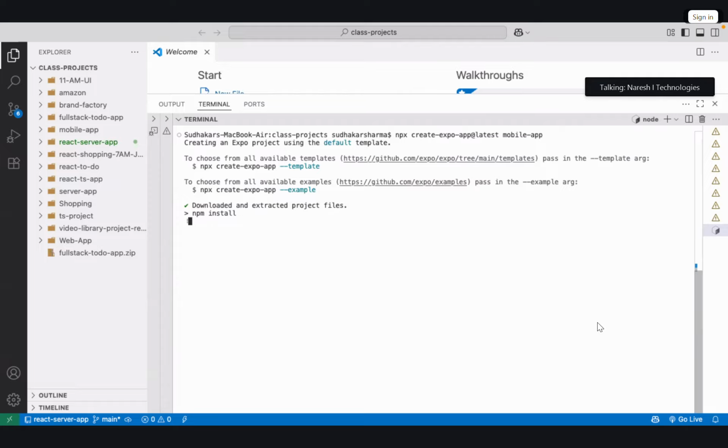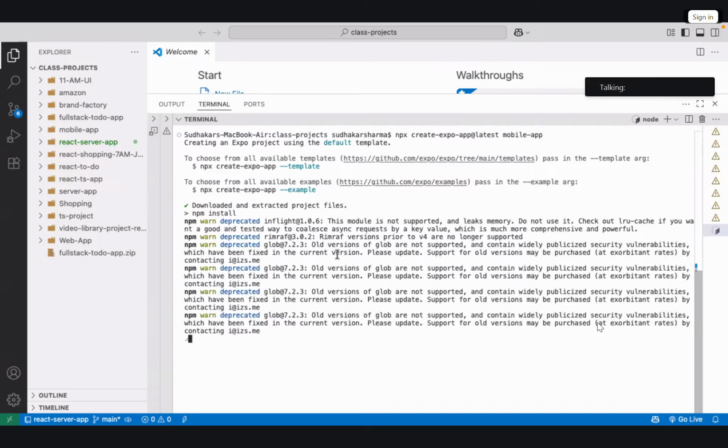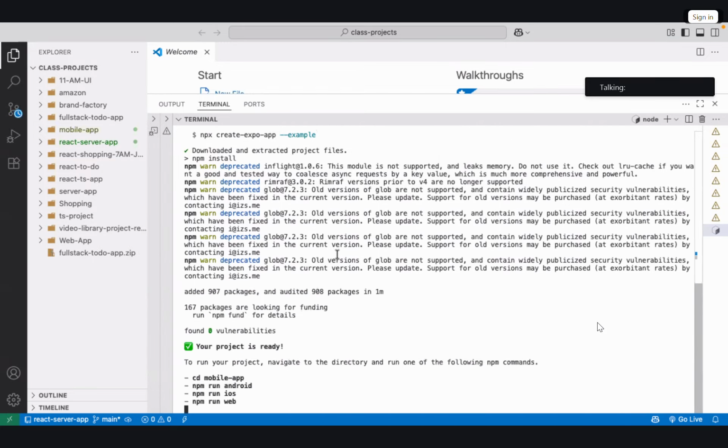Let's check how it looks like. Okay, so it is ready, but it is showing many warnings, which is reasonable because there is no mobile environment found.